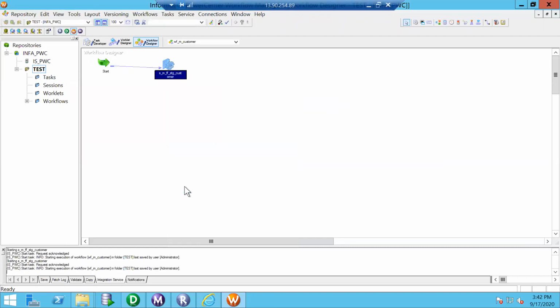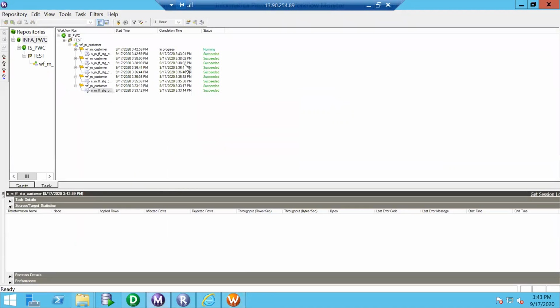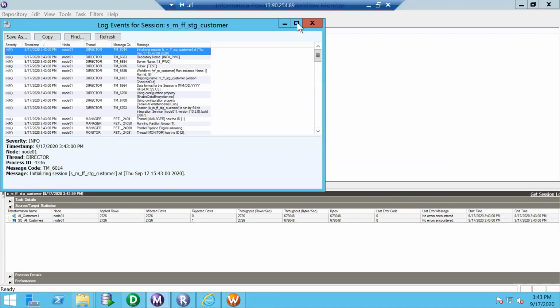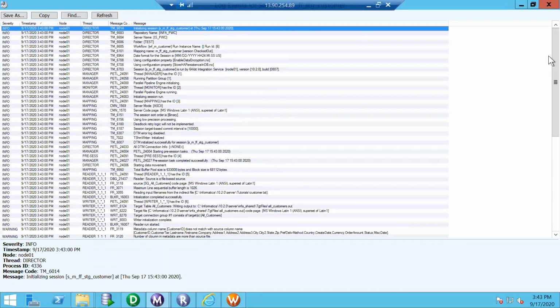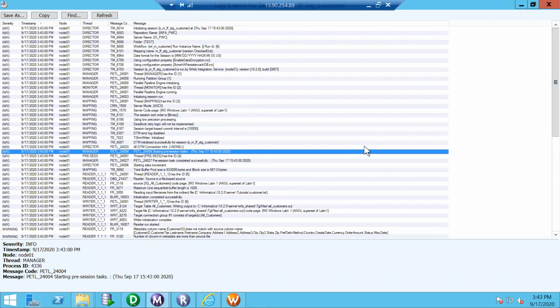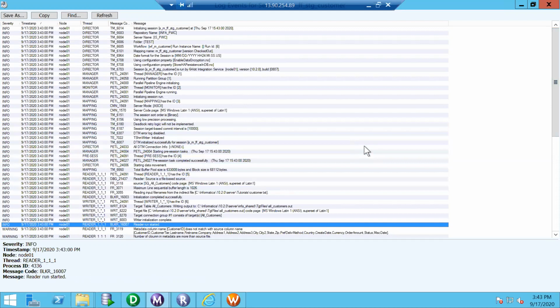So when I run the workflow, we see around 2726 rows were read. If we see here, this is the target.